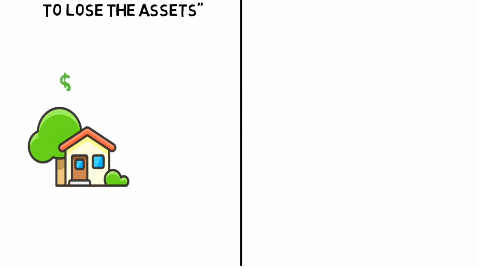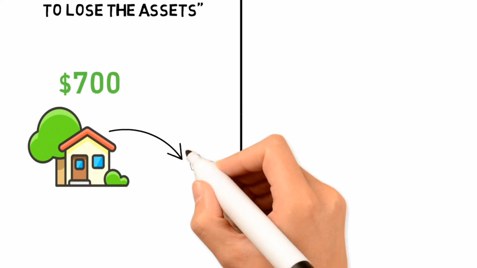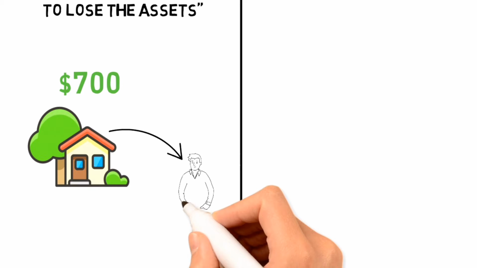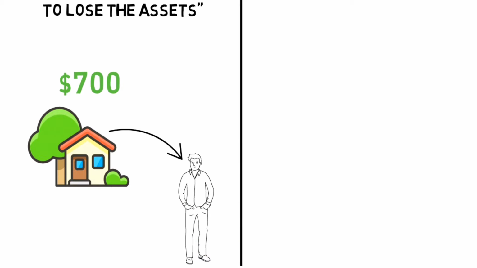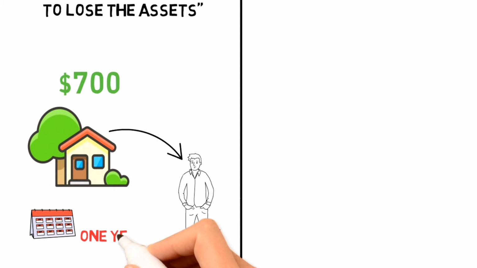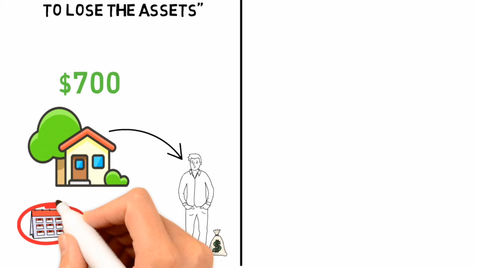You have a rental apartment which leaves you about $700 a month, but the apartment is still yours, generating monthly profits without having to sell it. This is considered a fixed asset if it meets one more condition, and that is if it is maintained over the period of 1 year.